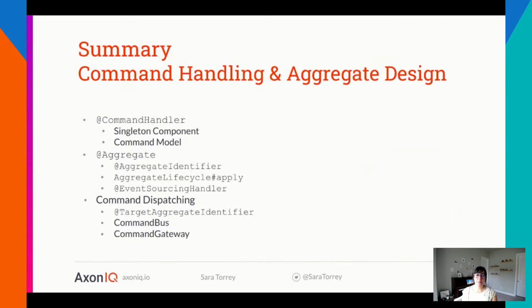We then talked about how you can use these concepts together, marrying the DDD with CQRS using commands, queries, and events, which we use as messages, but also we handle them through various parts of your CQRS application. So command handlers take care of your commands or your intents to be handled through your command model, that can reside on singleton or your aggregate model components. We did talk a little bit more specifically about aggregates and the annotations within those, as well as command dispatching and the choices that you have there with command buses or gateways.